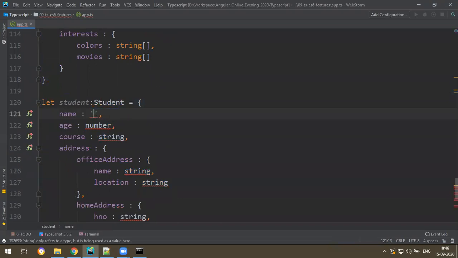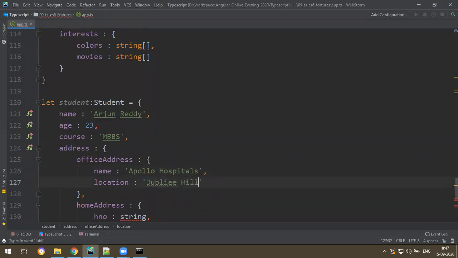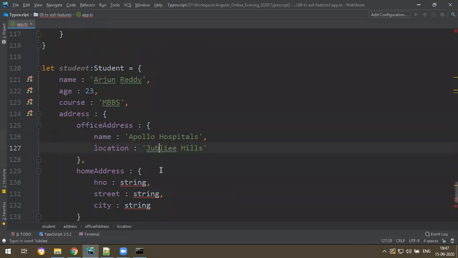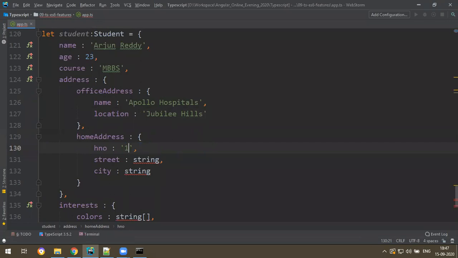Name, age 23, course MBBS, office address, something, Apollo Hospital, location Jubilee Hills, home address, house number something 1-3-50, street I don't know, city Hyderabad.